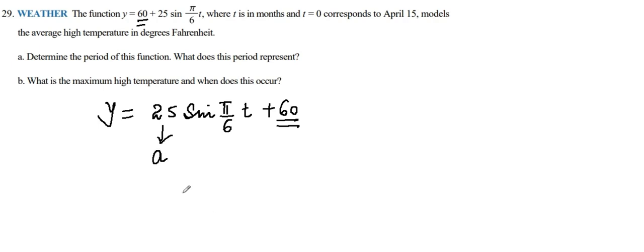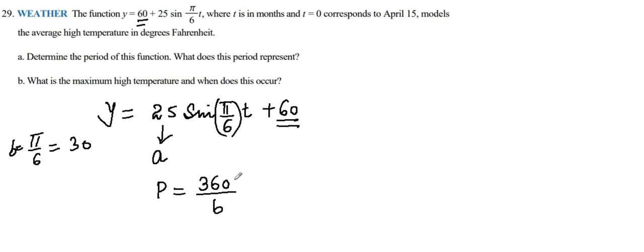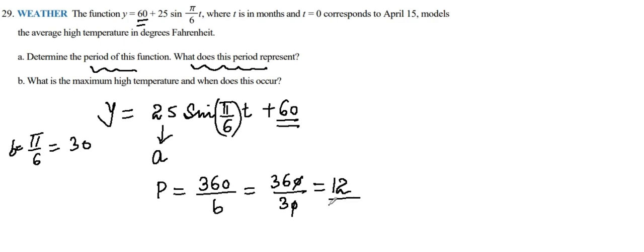So this is your amplitude, easy. A is 25, and how do we find the period? Period is equal to 360 over B. B is given as pi over 6. Pi over 6 means 30 degrees, because 180 over 6 is 30 degrees. So you can write here 360 over 30. The 0 and 0 cancel out, so this is 12. So this is the period, right? And what they're asking here: what does the period represent here? That one cycle will complete